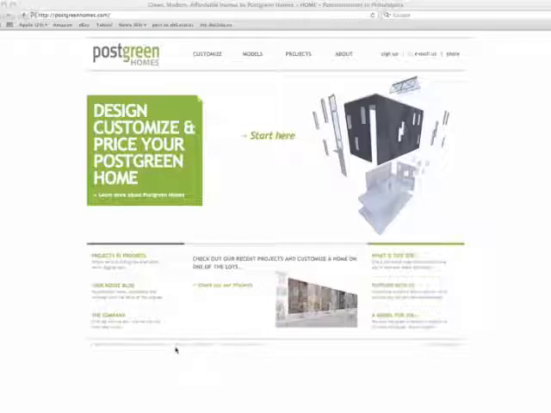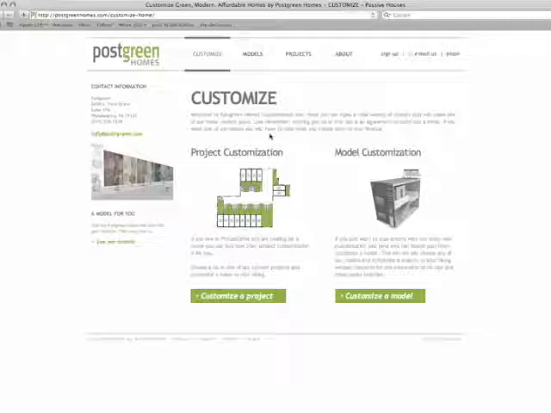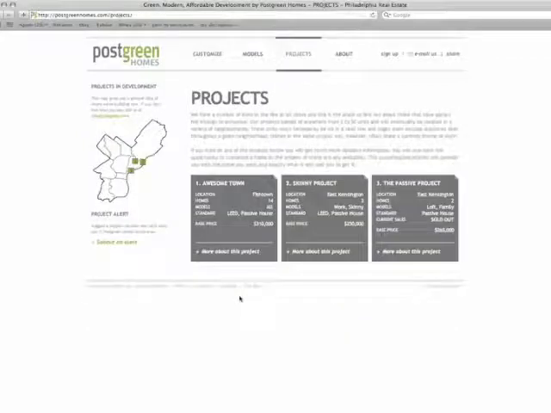I'm here today to show you how to customize a home in our new Skinny project using the Postgreen Homes website. So, I'm going to do the obvious thing to get started and click the Start Here button. That'll take us into our customization page. Since we're customizing a project today, we're going to click the Customize a Project button, which takes us to our